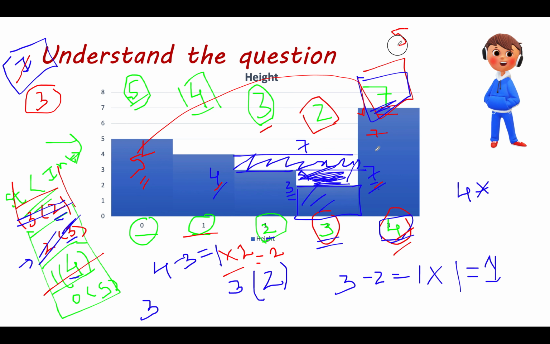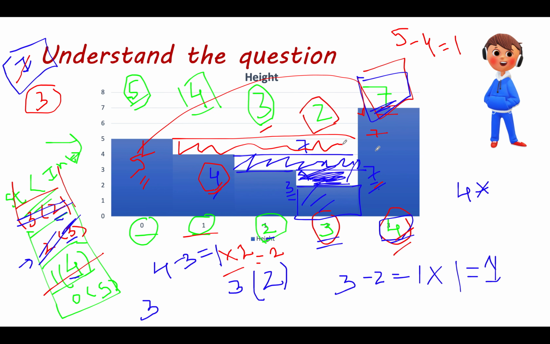So 5 minus the height of the current element. The height of the current element is 4, which means the height comes out to be equal to 1, and we need to calculate the width of the water trapped by virtue of these two buildings, 5 and 7.